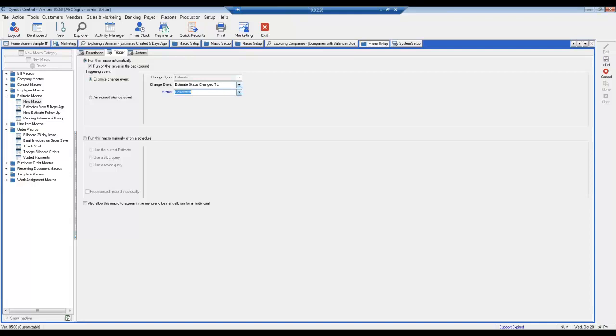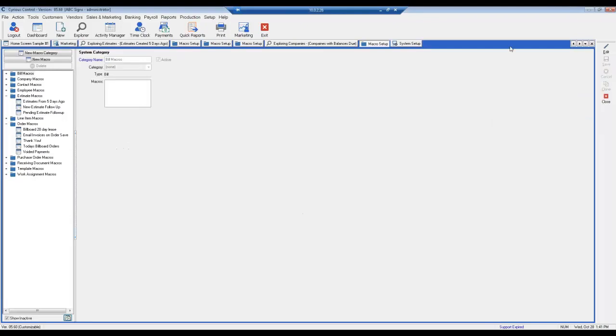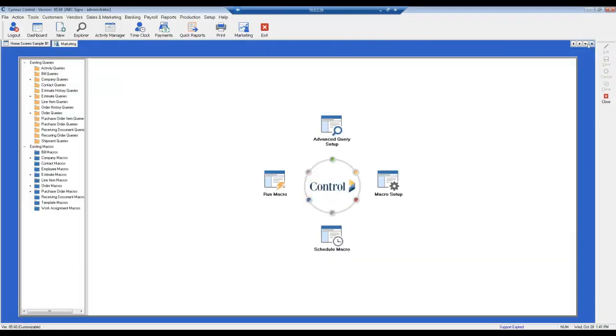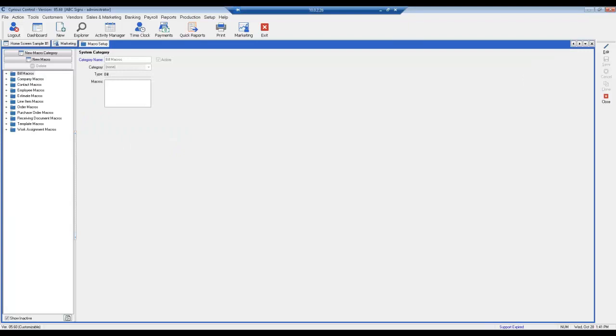Okay, so the next comment is that a lot of the macros we've been working with have been email related. There are other things that we can do in the system. One common one that comes up is, so I'm going to do a bit of a cleanup here. Okay, so one macro that does come up a little bit, and the way I usually set this up is if I go, and I'll do a company macro,